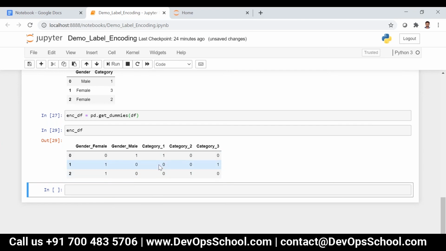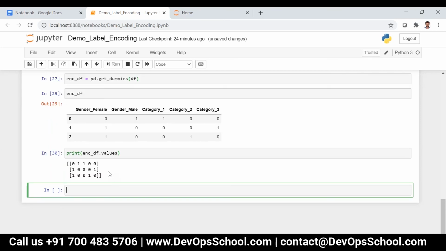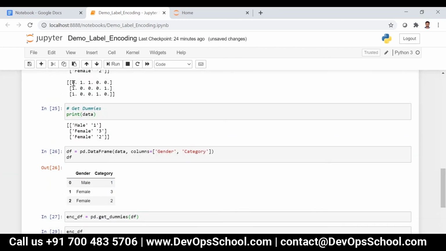If I want to convert this back to a numpy array, I can print encoded df.values. Now you can see the same output as on the top.